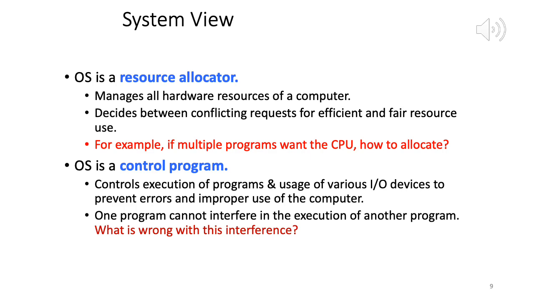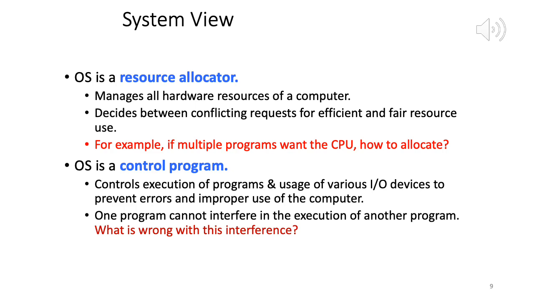So now if you have a bunch of computers in a lab and all of them want to fire print commands and you have only one printer, so of course at any one point of time you can only process one of those commands, right? So then you'll have a printer queue, and based on that, you'll move one process at a time. Right? So it controls the execution of programs and prevents errors and improper use of the computer.